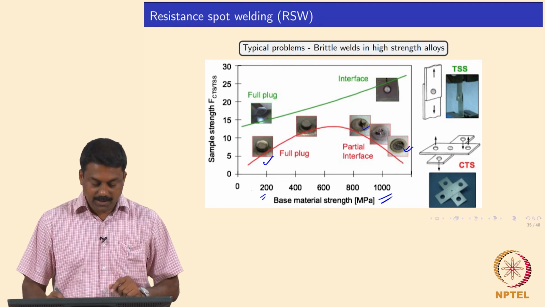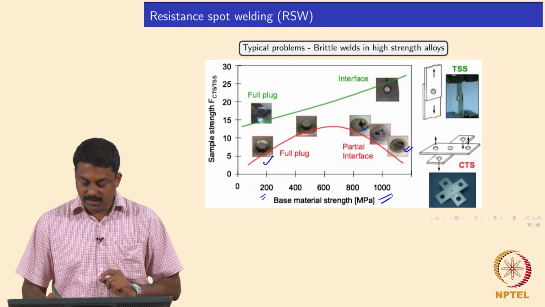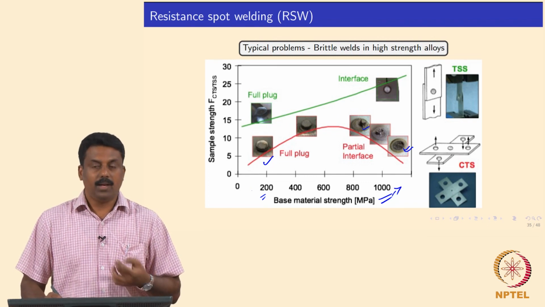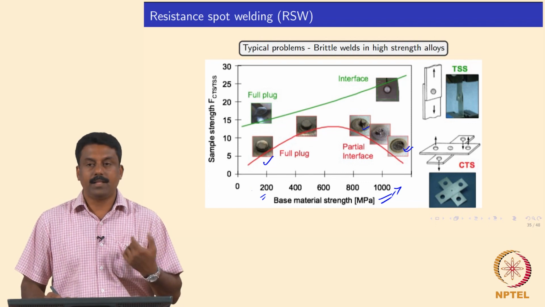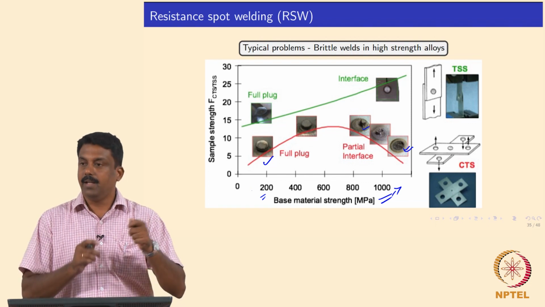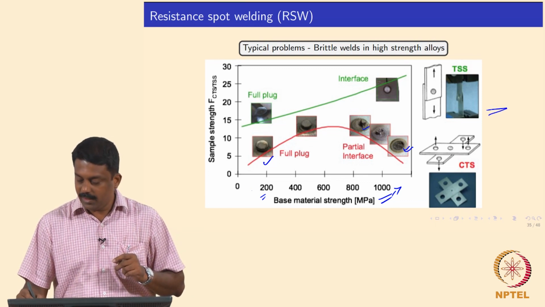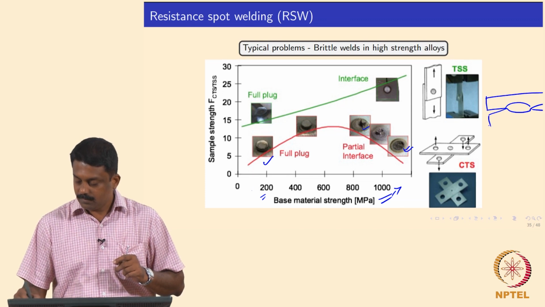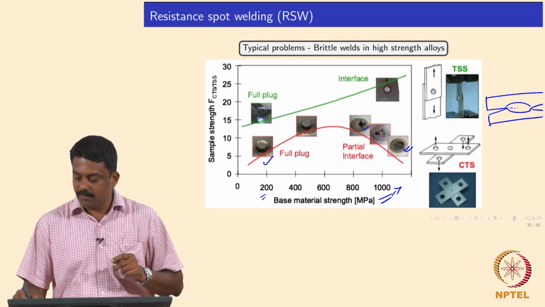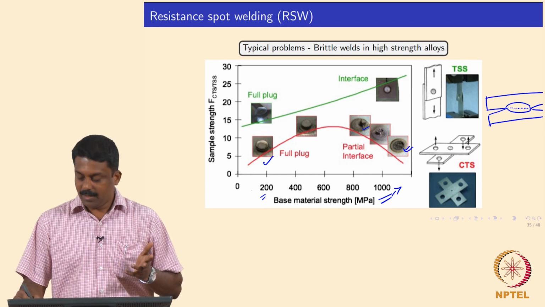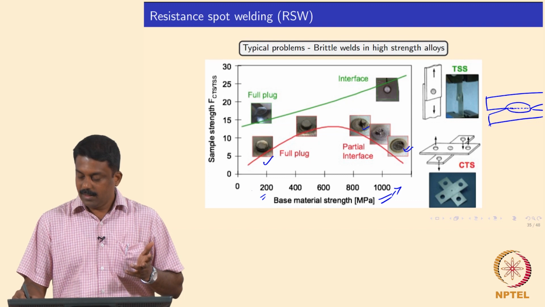And why is it changing? Because in conventional steels, if you want to increase the strength of the steel, obviously you will have to add alloying elements, is not it. So, alloying elements can segregate and then make the weld center line brittle, and then if you are pulling it, obviously, I already showed you the notch effect, is not it. So, if you have segregation at the weld center line, because that is the region which solidifies at the end, if a crack propagates and then completes, then you will have an interface failure,